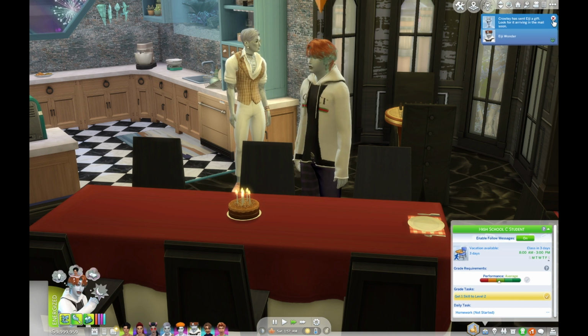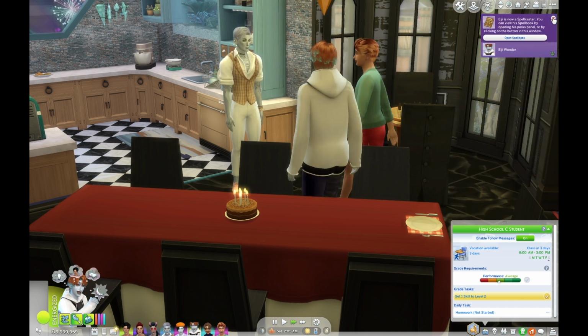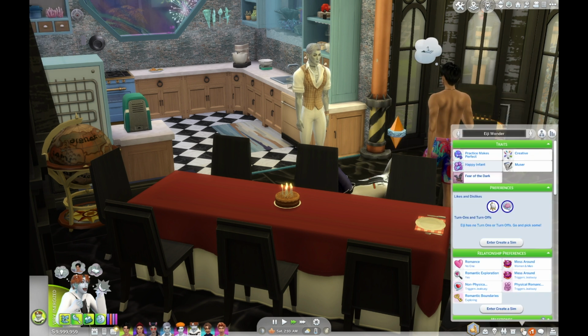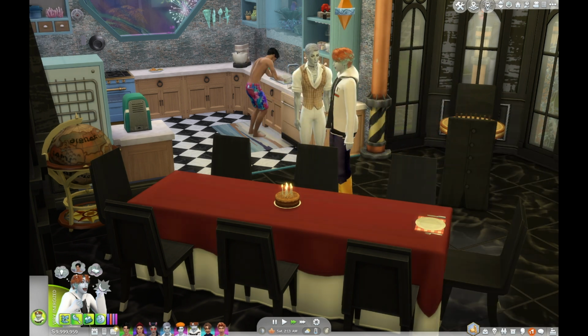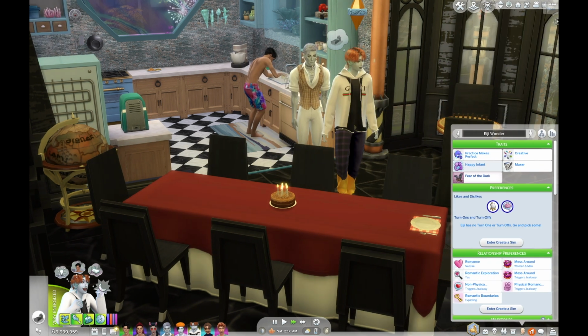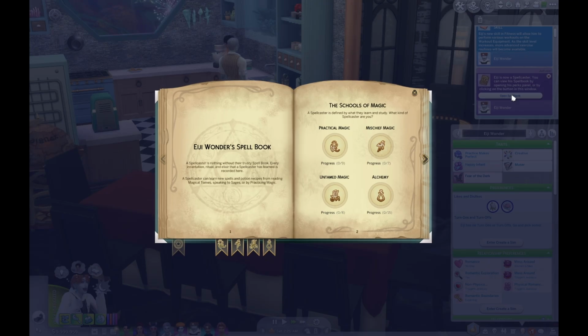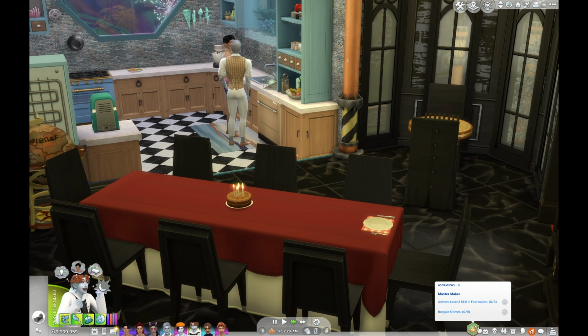Okay, and we were going to turn him into a spellcaster. Okay, I was going to turn him into a spellcaster, but okay, he is one. He just doesn't have the... That's really odd because he's got a spell book and everything, but he doesn't have the...